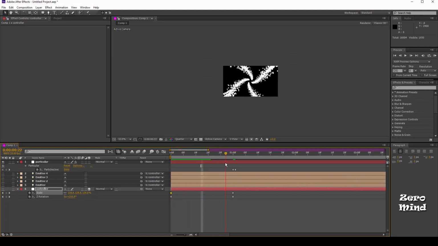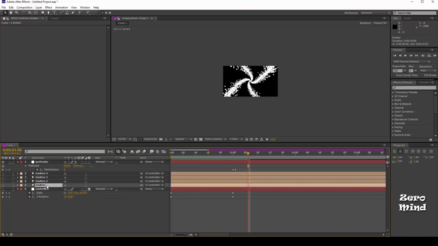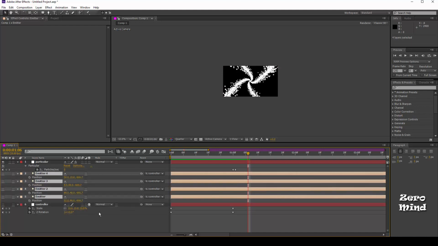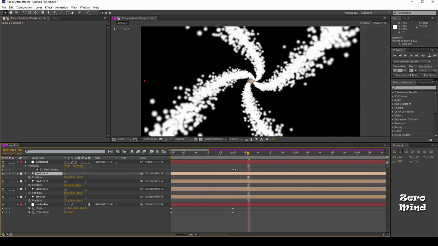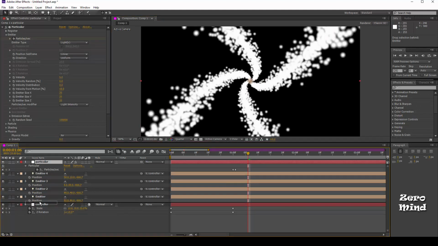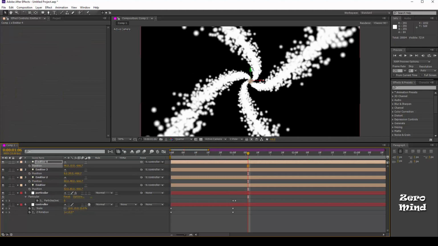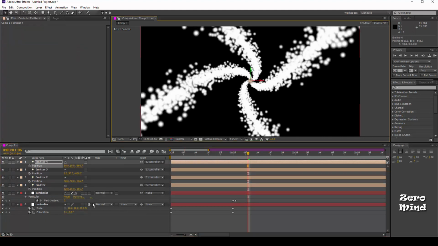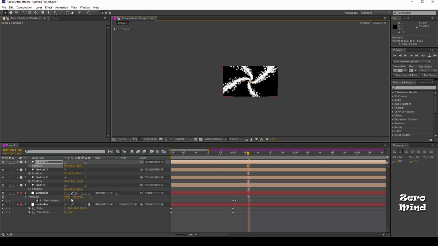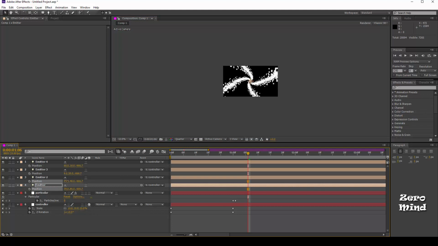Adjust the light position to make a swirl effect. It is very close to the screen just because of the z-axis value in the light position.